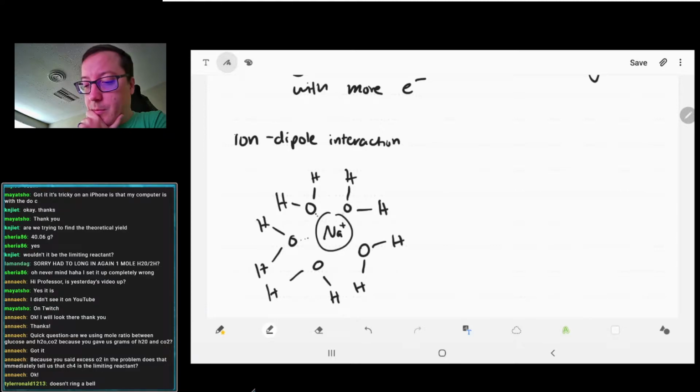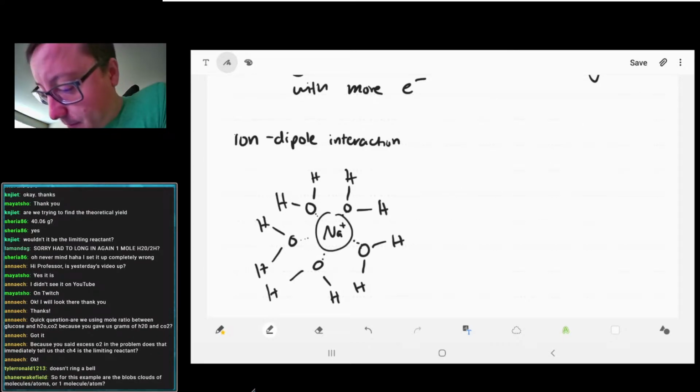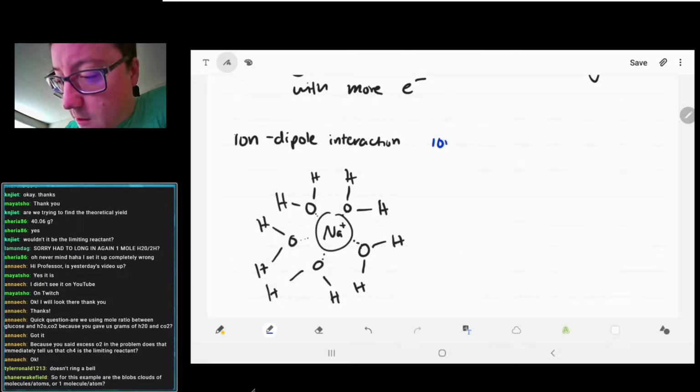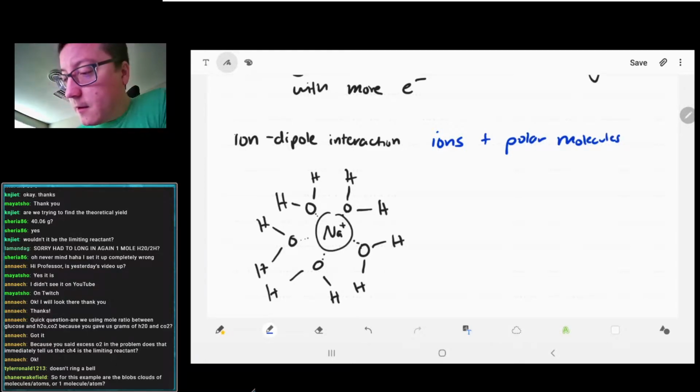So, in solutions, we know that soluble ionic compounds will dissolve in water, right? Okay, then I guess we'll talk about this one. So this is ions plus polar molecules. So we have seen previously that water